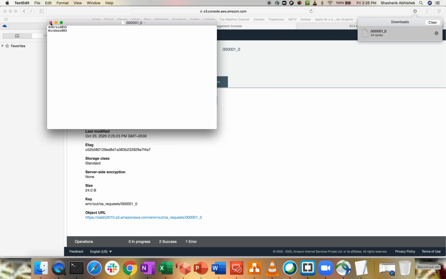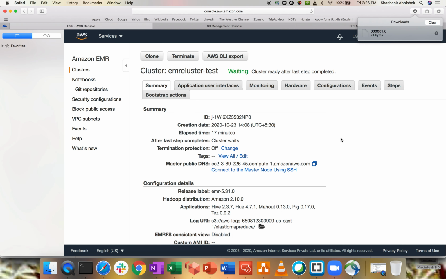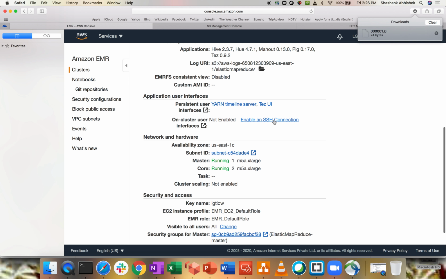I just wanted to show you how you can configure and do data processing, the analytics section, within EMR with the help of the CLI and the EMR console. Let's go back to EMR again. These are the things that you can do. You can enable your SSH connection on your core nodes as well. As I said, the persistent user interface by default uses the YARN timeline server.